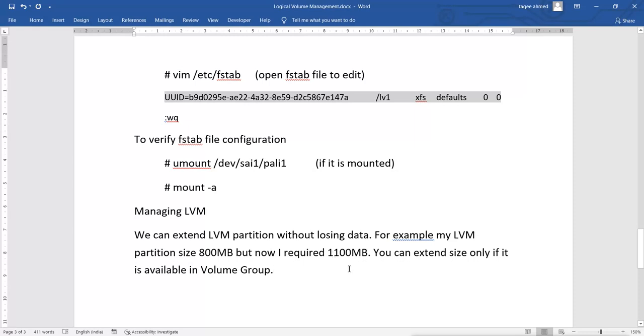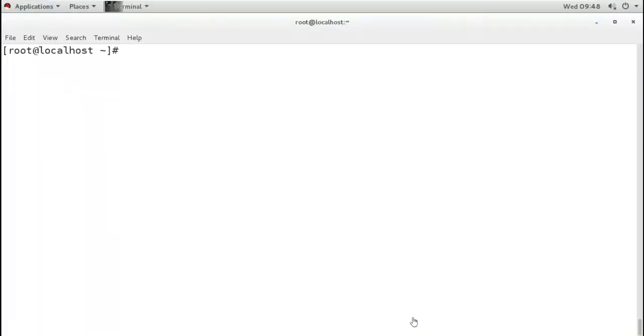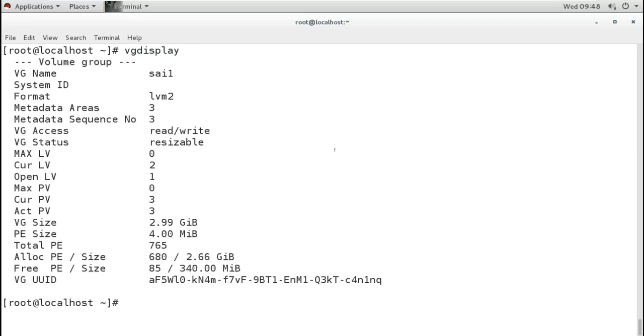So we should know whether our VG has that much space or not, and for that we can check by using the vgdisplay command. Let's check that one. So now I will give the vgdisplay command, and I can see that the VG size is this, the PE size is this, total PE is this. Now allocated PEs is